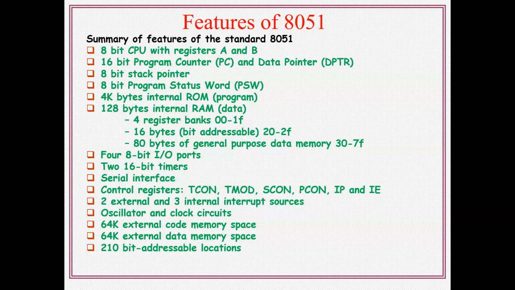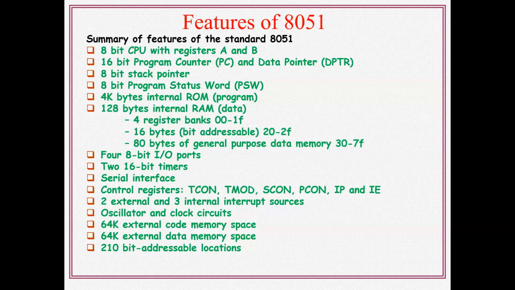Okay, and the next one, 8-bit program status word. After completion of arithmetic and logical operations, a few flags are set. Those flags are loaded into the flag register. Here the name of the flag register is program status word. And next, the internal ROM is 4K. 4K bytes indicates that you can take any memory, that is RAM or ROM. The maximum number of bits loaded into one particular memory location is 8 bits only.